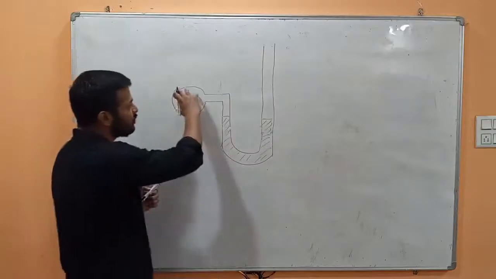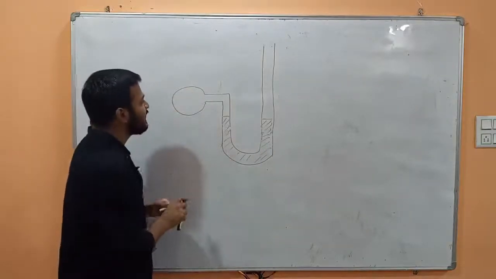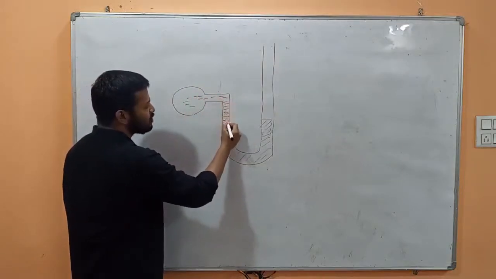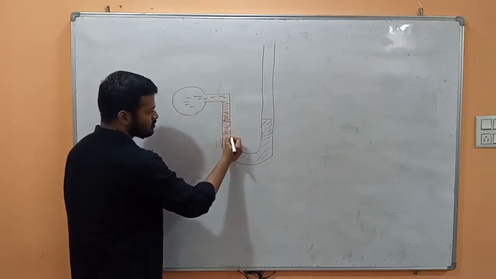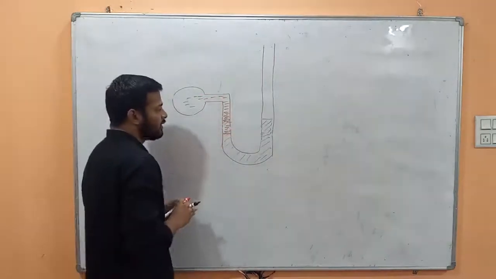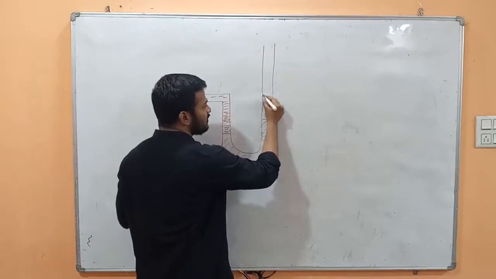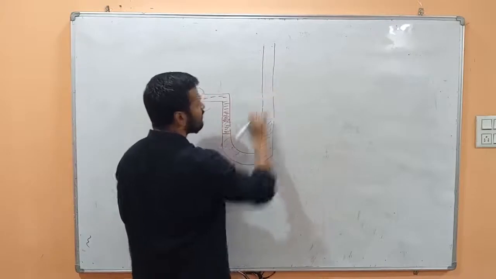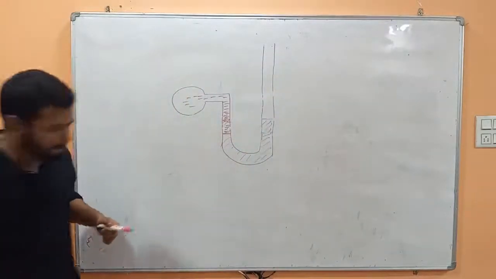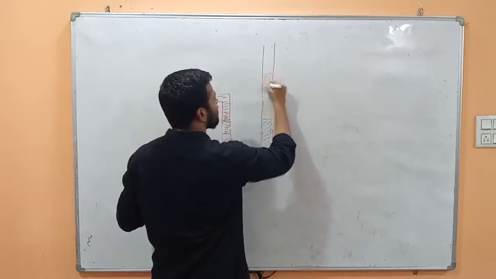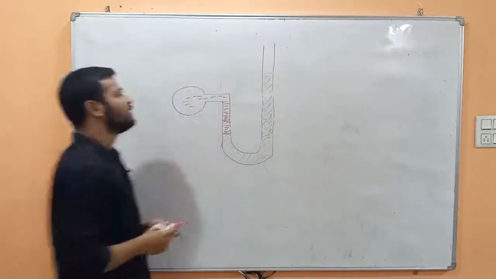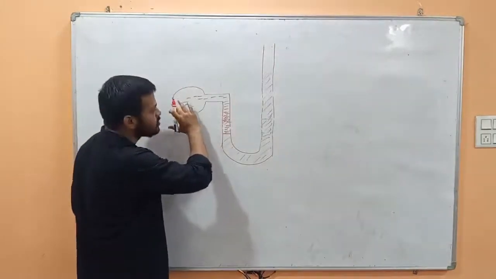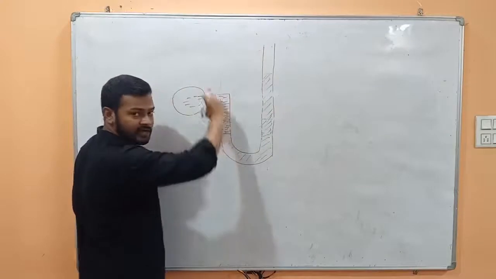But once I connect it to a pipe, what will happen? Let's say this pipe has a pressure more than the atmospheric pressure. So this liquid will push down this mercury. So the mercury level will drop down here, and this mercury level will be raised on the opposite side. So you have two levels here. Once you connect it to a pipe, if this liquid has more pressure,